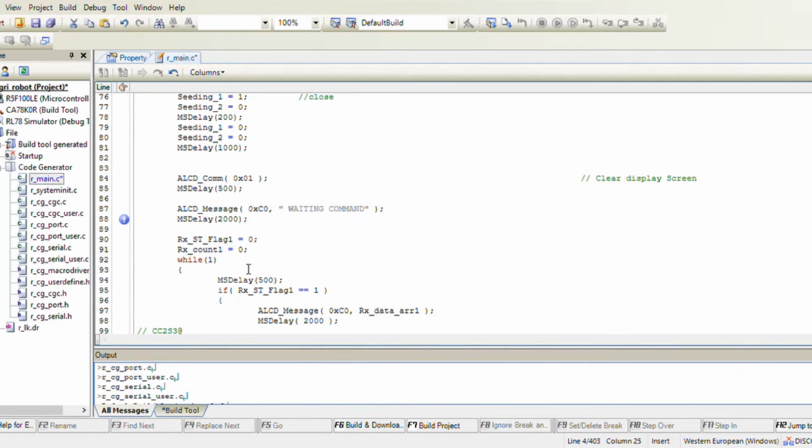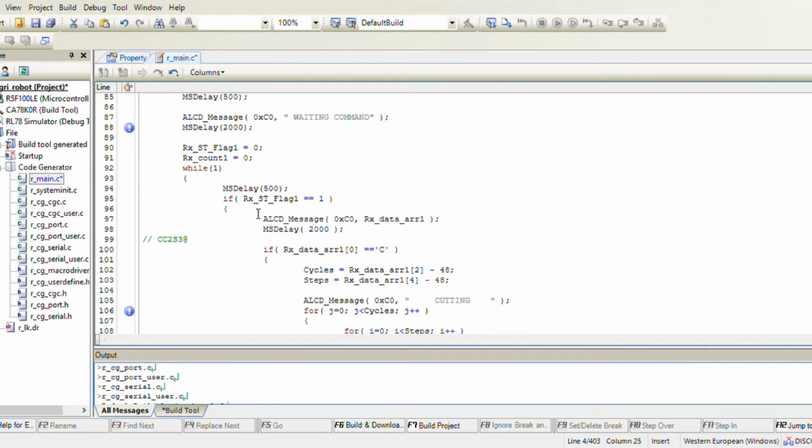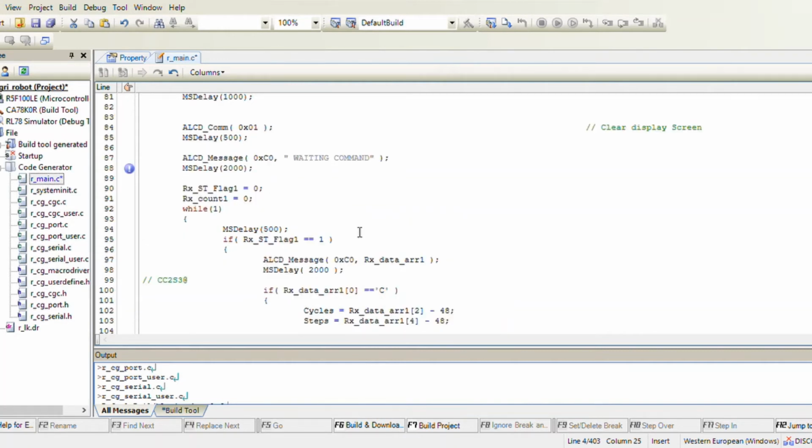Now when we get into the while loop, we can see that Rx flag is equal to 1, which means the user has sent the function to the microcontroller. If not, then it will get out of the loop, and simply the function will be disabled. Now here the ALCD message shows C, S or P, which means cutting, seeding or plowing, with some delay. Later on, if the function is initiated,